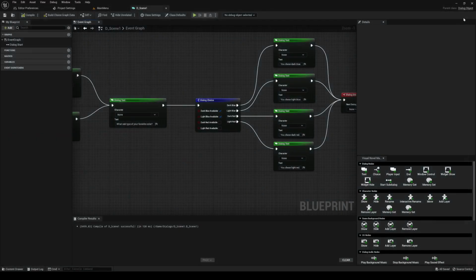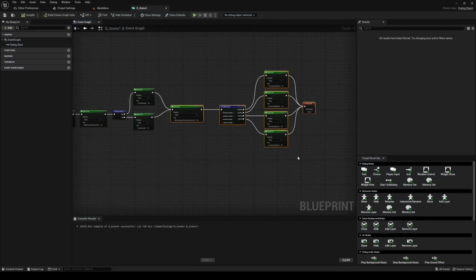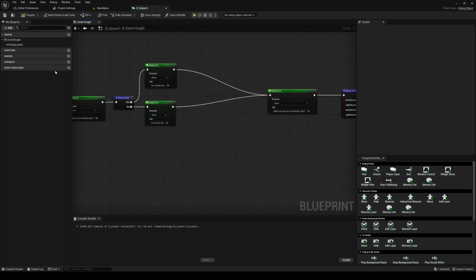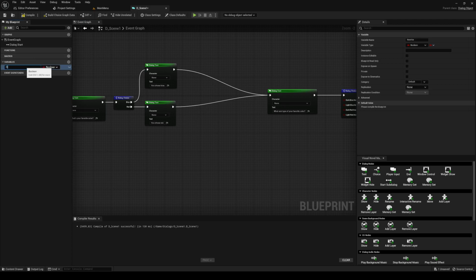Now we want to use some conditions for this. So what will we do? In the beginning, we chose the color blue or red. So now let's add a variable in the Dialog blueprint. Remember, a Dialog blueprint is in itself still a blueprint, so it has the same functionalities. So what we can do is we can save here a variable called chose red, chose blue. Now we pull it in, say a setter,